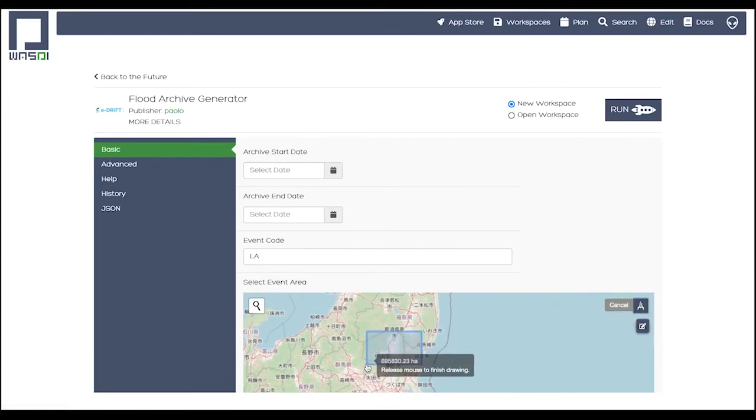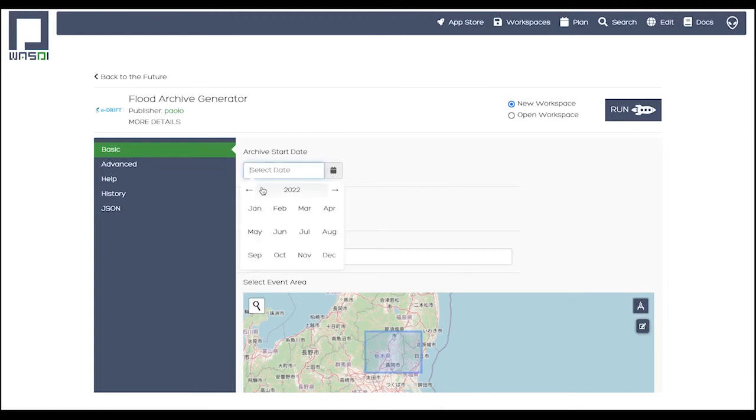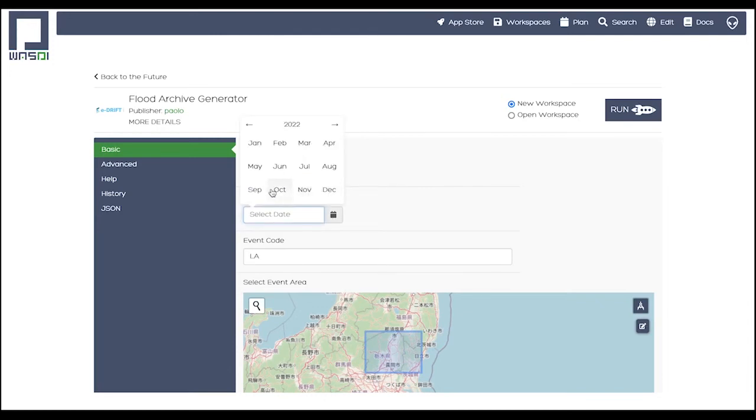So we select our AOI on the map on which we want to have the results, and then, for example, we can select the start date and the end date of generating the flood archive. So we can use a date like 1 month or 2 months before the flood event, in case the flood was ongoing for a long period. But if the flood was ongoing for a shorter period, we can also select a couple of days before the flood event. So for example, here we can select 1st of October, and then we can also select some dates post the flood event. We can, for example, select 1 month, and then, if we want, we can also add